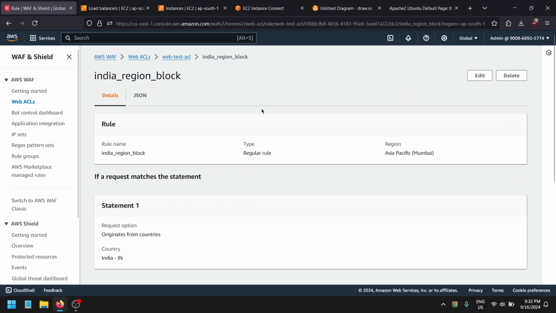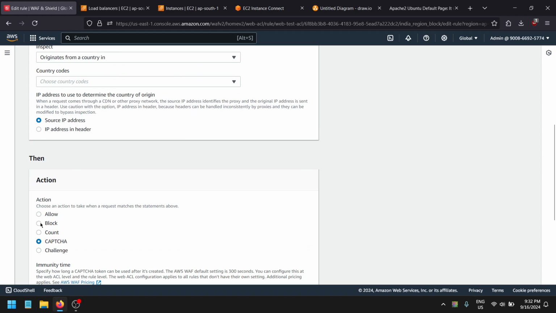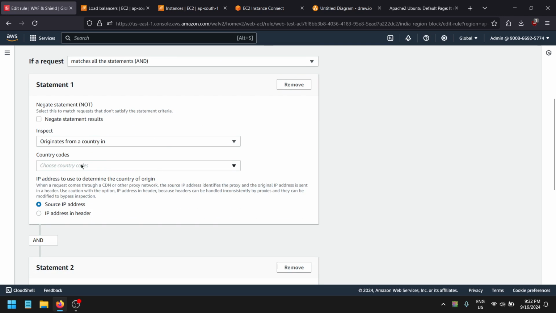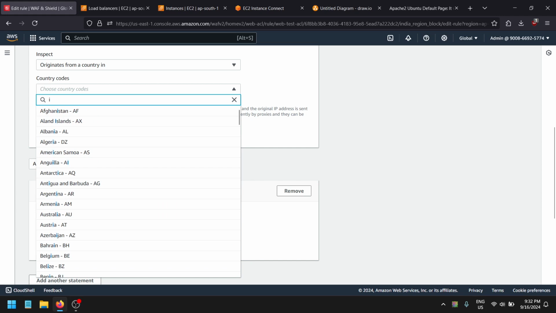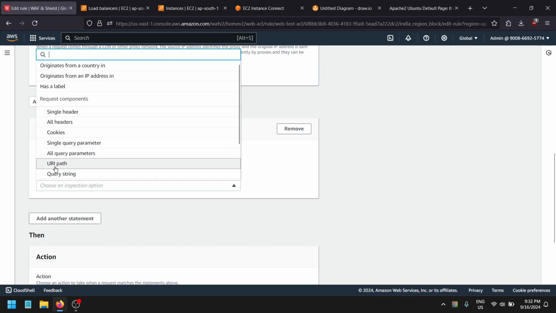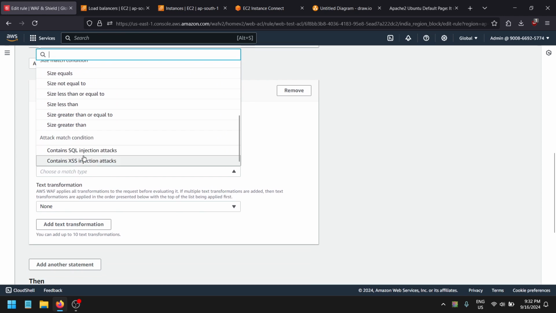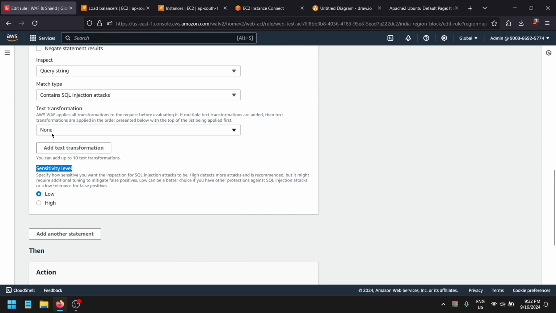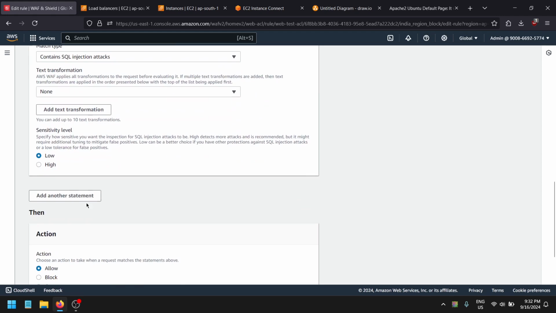So let's play with the rule. We can select it and go and edit. I can remove the country rule, and we can use allow, and we can use the AND statement. So you can select multiple statements, such as the country originates from India. You can say India, and the query string. Suppose the query contains a SQL injection attack, or we can apply a text transformation. Based on the conditions, such as the SQL injection attack,